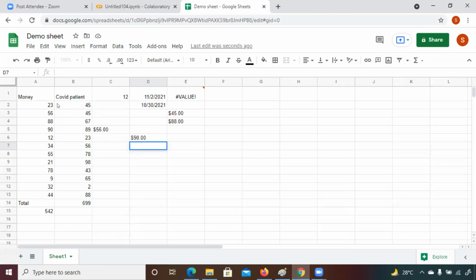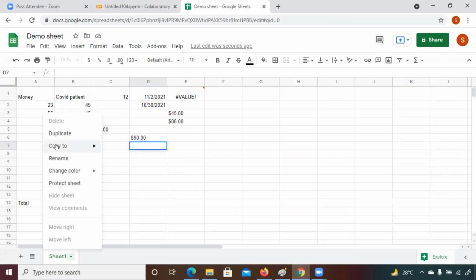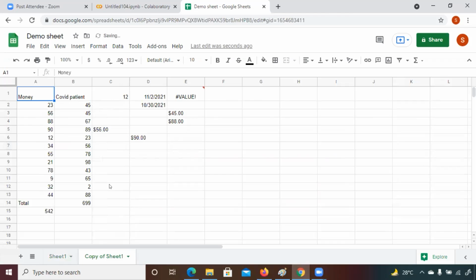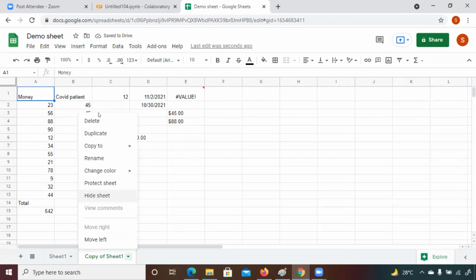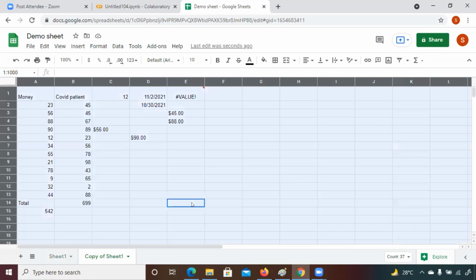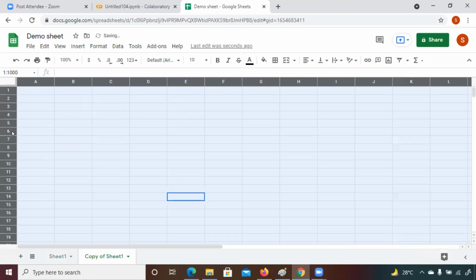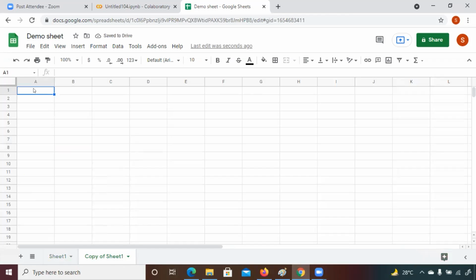So suppose let me take a new sheet. I'm creating a new sheet. Okay, so I'm selecting this, removing this. Now I'm adding two columns. Suppose first name, and this is the last name.